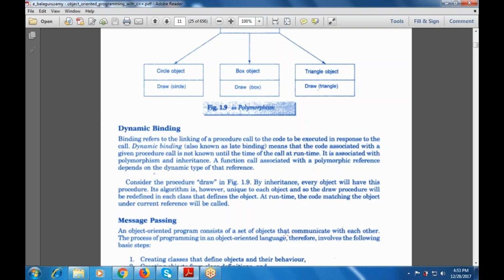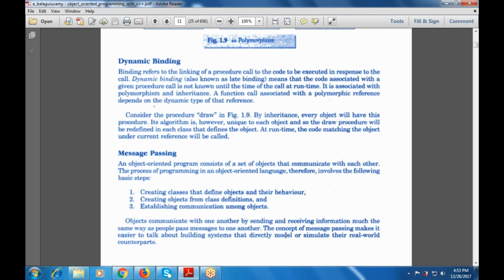Next is message passing. An object-oriented program consists of a set of objects that communicate with each other. The process of programming in an object-oriented language therefore involves the following basic steps: creating the classes that define the objects and their behaviors, creating objects from class definitions, establishing communication among